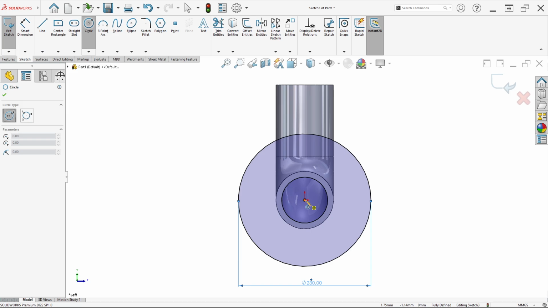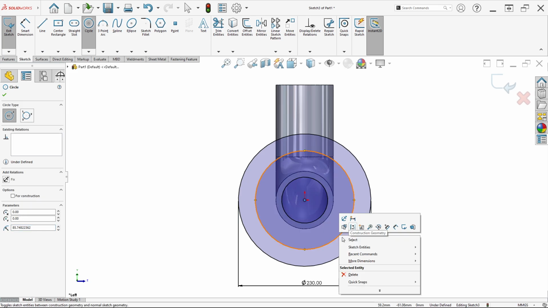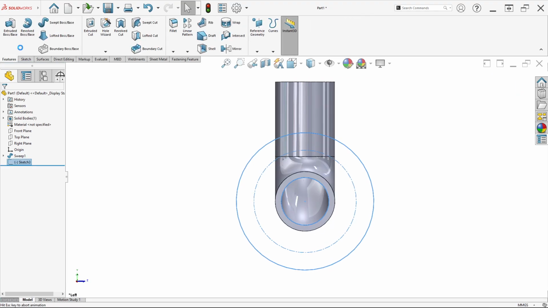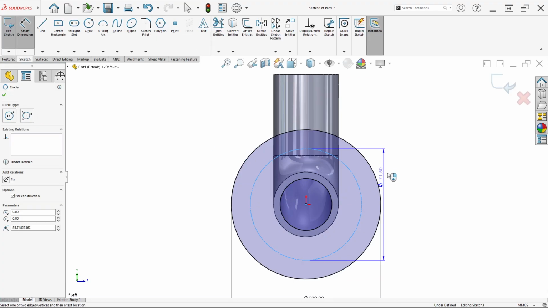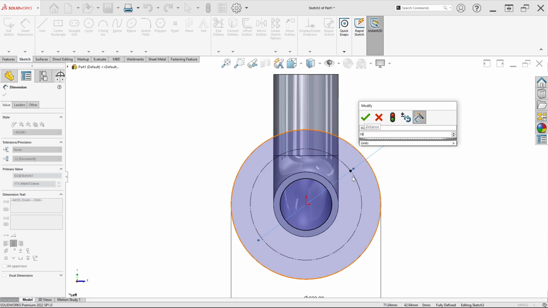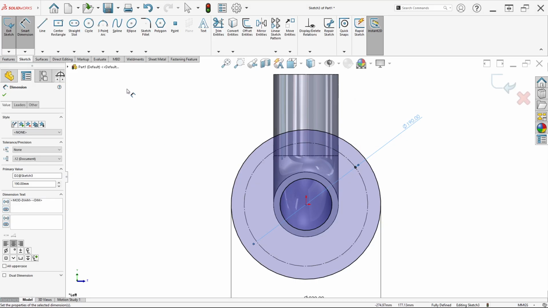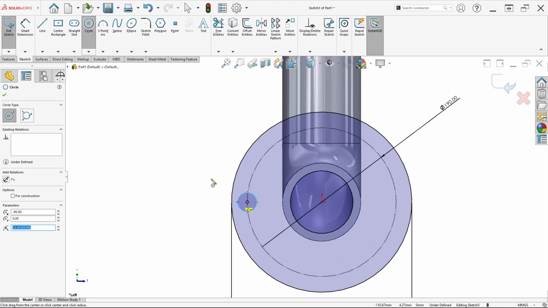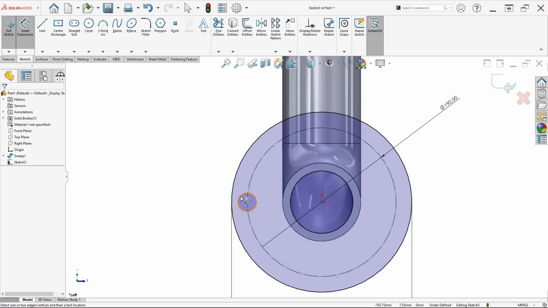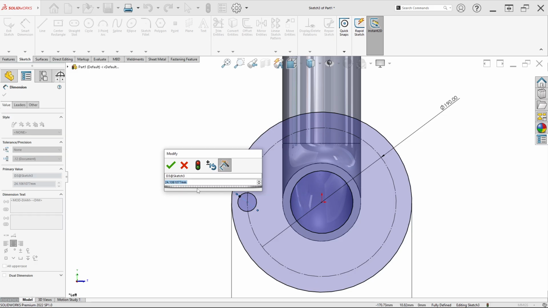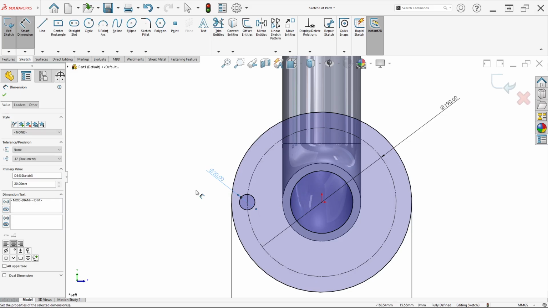Then draw a circle again, right click and click construction geometry. Set the diameter to 190 millimeter. Then select circle and draw from this, and set the hole diameter to 20 millimeter.